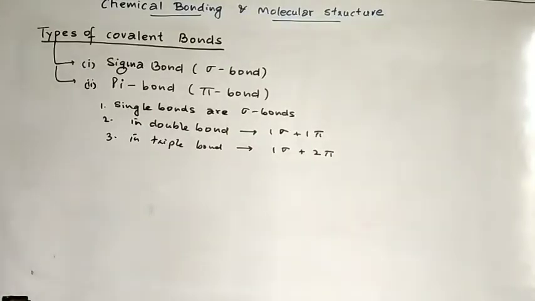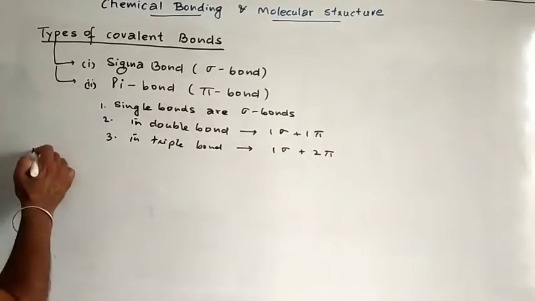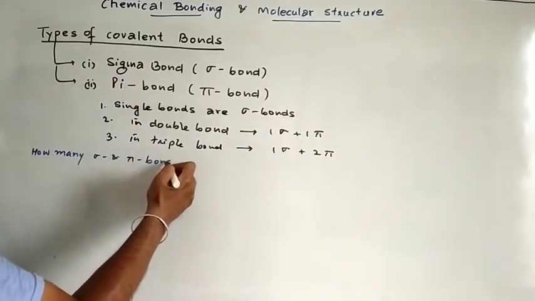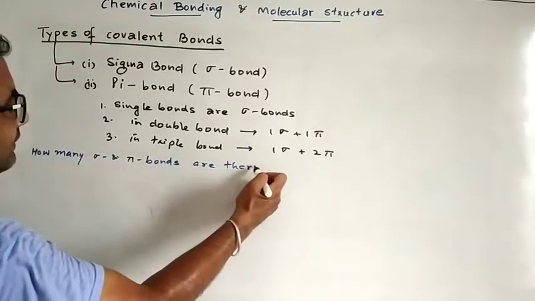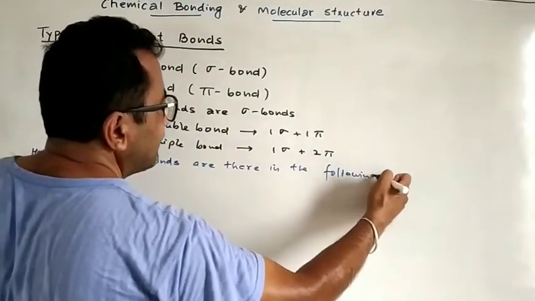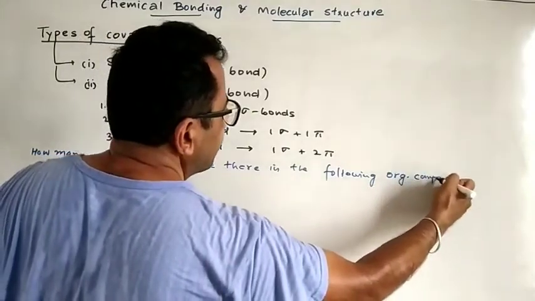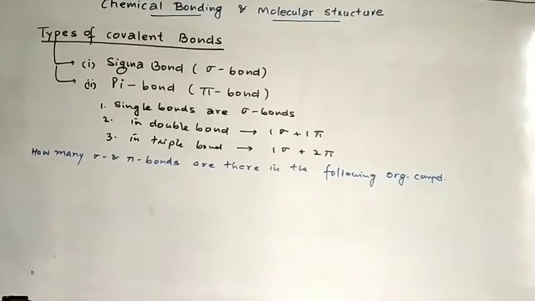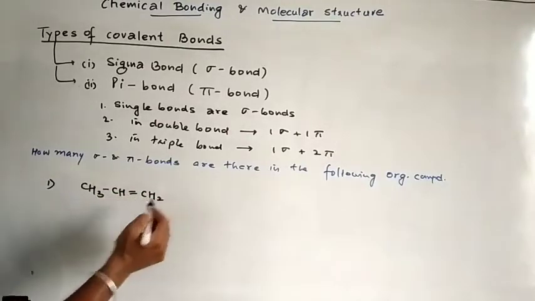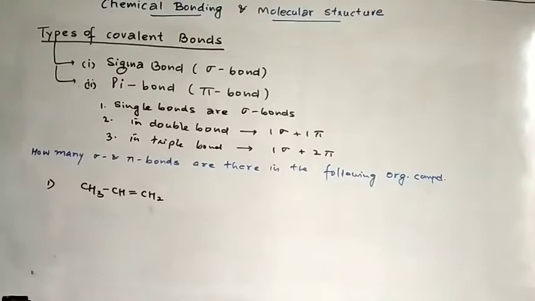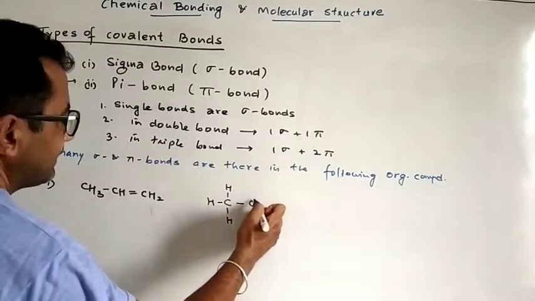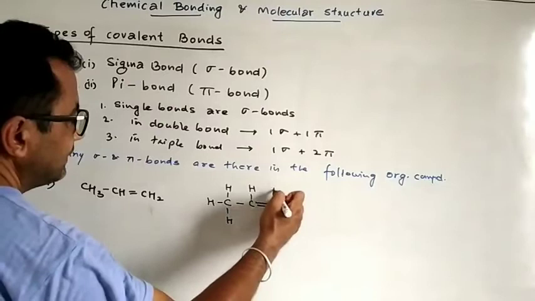जैसे सपोज कोई कंपाउंड आपको दे दिया, उसने बोला how many sigma and pi bonds are there in the following organic compounds. Organic compounds आपको देखिए, जैसे कंपाउंड दे दिया नंबर 1, CH3 CH डबल बॉन्ड CH2। प्रोपीन है, ये पढ़ा होगा आपने 10th में। तो इसमें कितने सिग्मा हैं कितने पाई हैं, इसके लिए इसको क्या कर लेते हैं, स्ट्रक्चर को थोड़ा ओपन करेंगे।